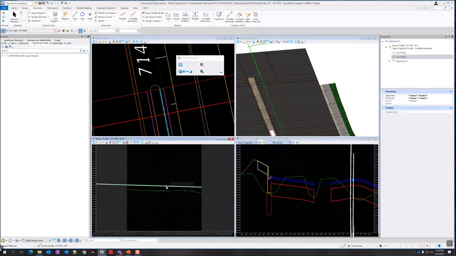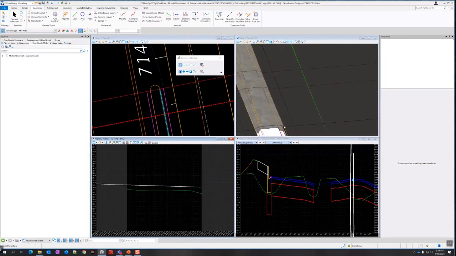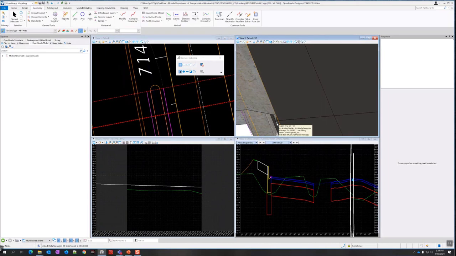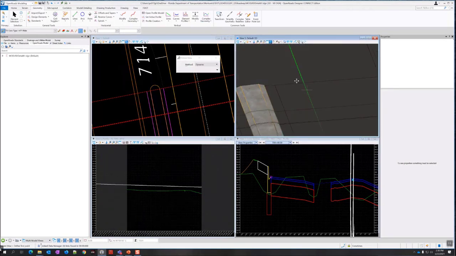So let me, yeah, so it's already set as active. And it's going to be hard to see because it's stacked on top of the other one. If I rotate the view, I'm going to be able to see it a little bit better.